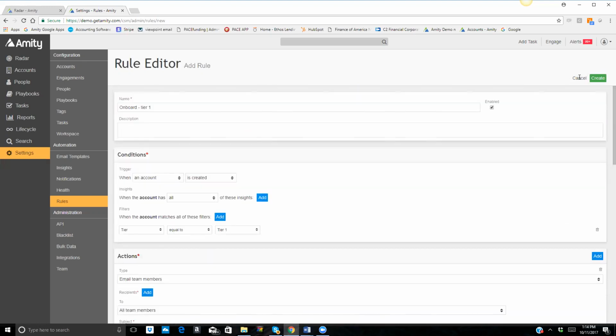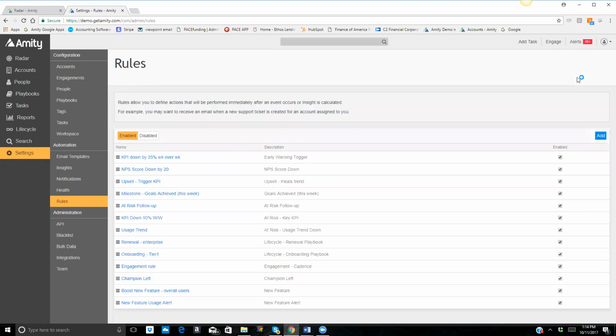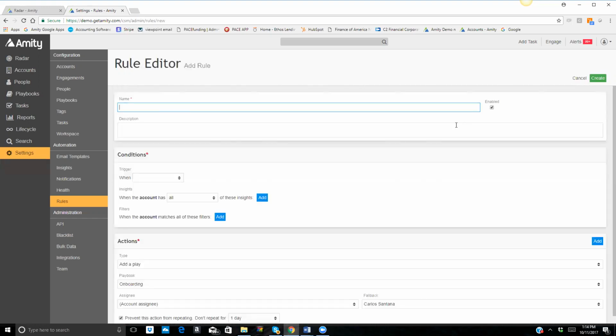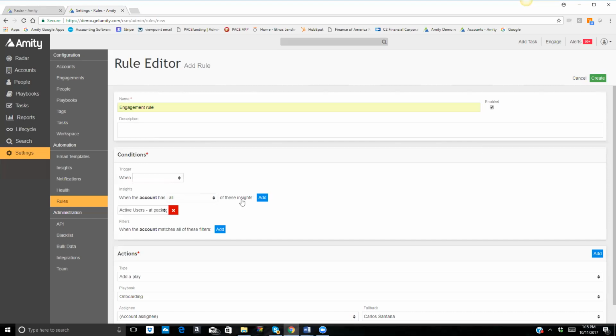Okay. So again, added filters. Now I'm going to get out of this, okay, and I'm going to go back and I'm going to hit another add, and this time I'm going to do an engagement rule. Okay, again, name it whatever you'd like to name it, and instead of using triggers, this time I'm going to use insights. I'm going to hit add,